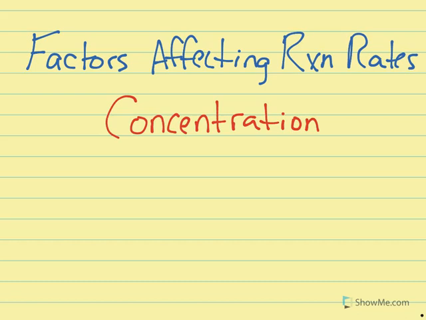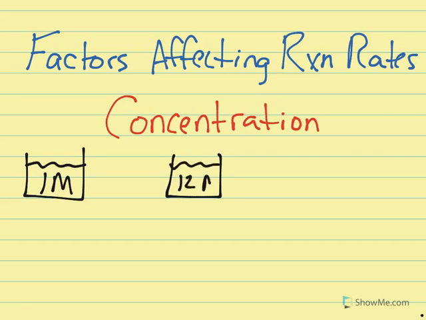For example, the first factor that affects reaction rates is the concentration of your reactants. There are a couple of ways that you can increase the concentration of something. It's easy to think about if you have an acid, and this is a 1 molar solution, that's less concentrated than a 12 molar solution of that acid. It's pretty clear that this 12 molar has 12 moles per liter, whereas this 1 molar only has 1 mole